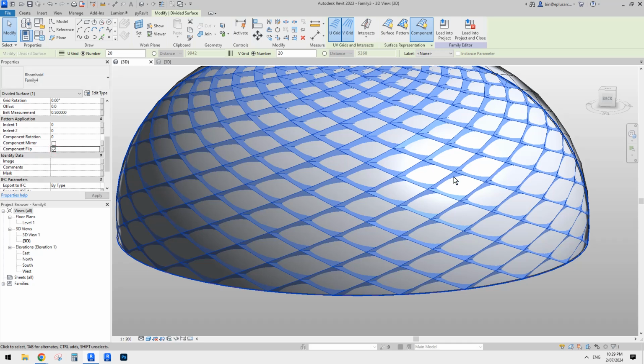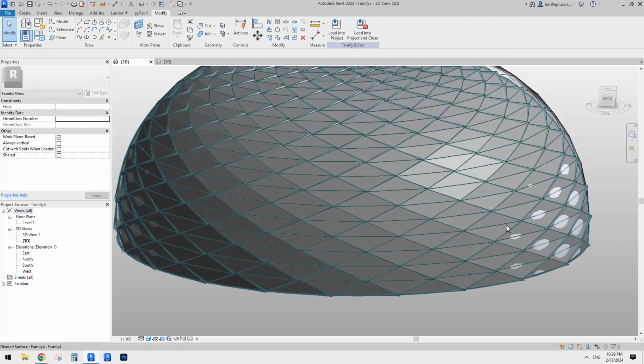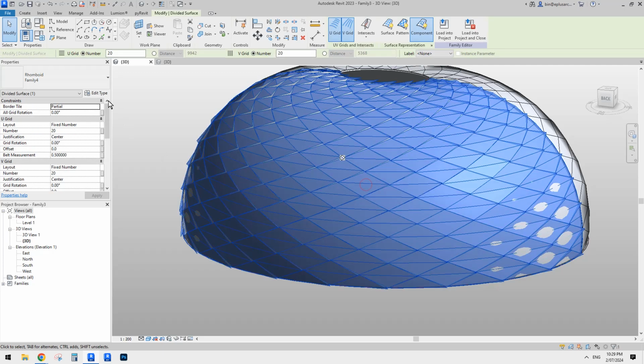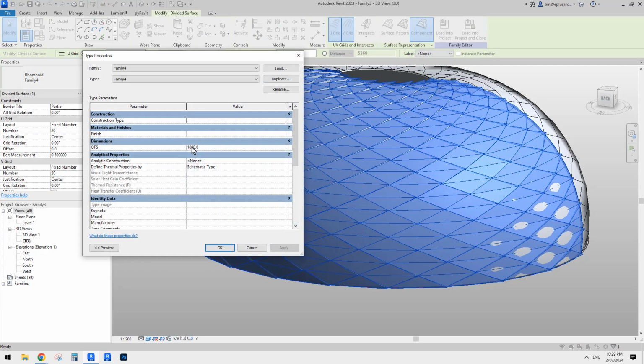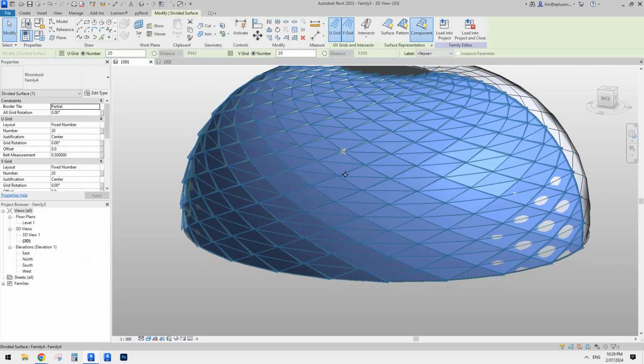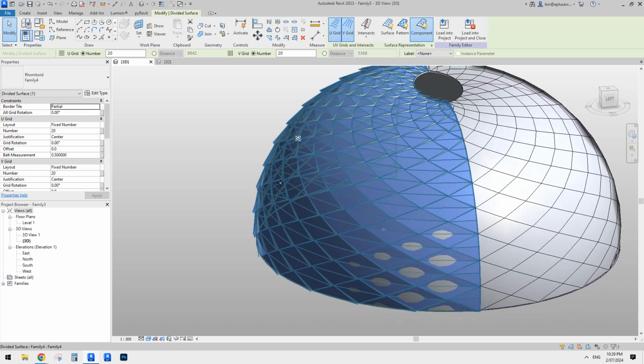Let's try. If you click on component flip, it should flip to the other side, which will be the correct direction on the external side. Yes, great. So this way you can still have the positive offset number, and so it will be correct